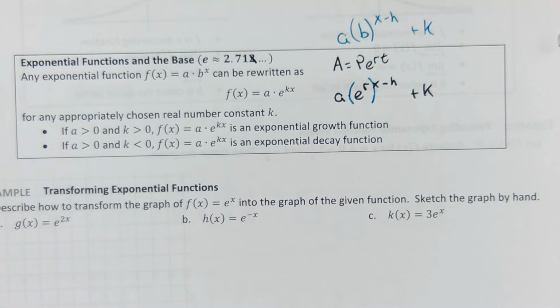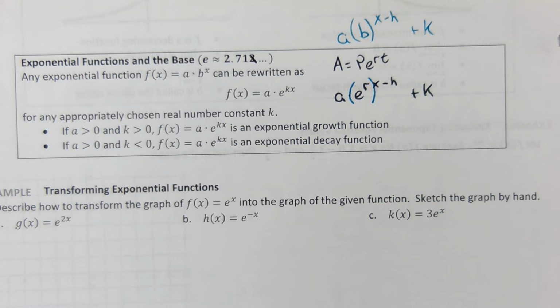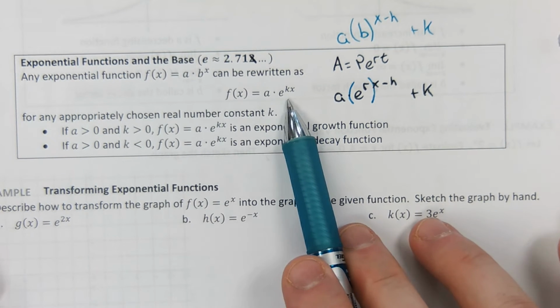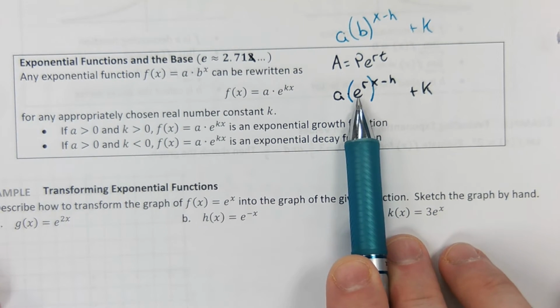Where that e to the r, our author said k, is our exponential base. You see, e is a positive number. So we raise e to powers just like we do any other number. And anytime you raise a positive number to a power, you're always going to get a positive result. So this e to the k, e to the r,